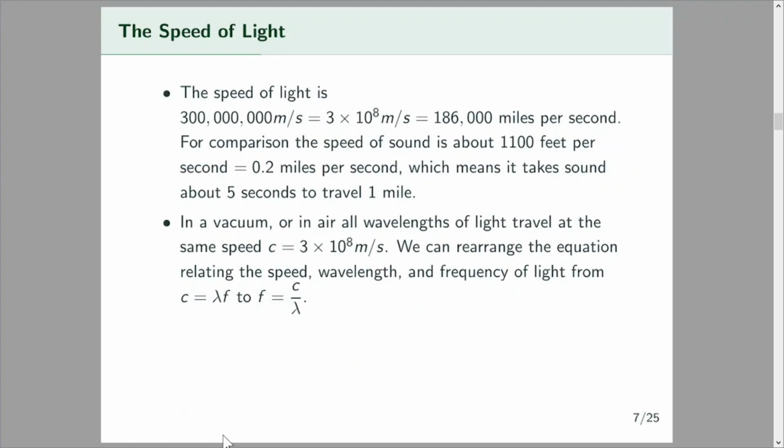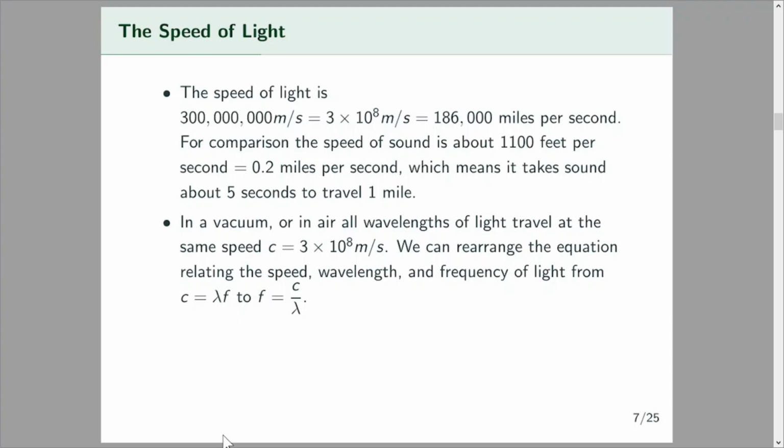So here are a few examples. We know some speeds. The speed of light is 300 million meters per second, or very close to that. It's like 2.9979 times 10 to the 8th meters per second. So we usually round it up and call it 300 million meters per second. If we converted that to miles per second, that's about 186,000 miles per second. That's almost 1 second to get to the moon. The moon's about 240,000 miles away, and so that's about a second, roughly, to get to the moon. A second, a third, maybe.